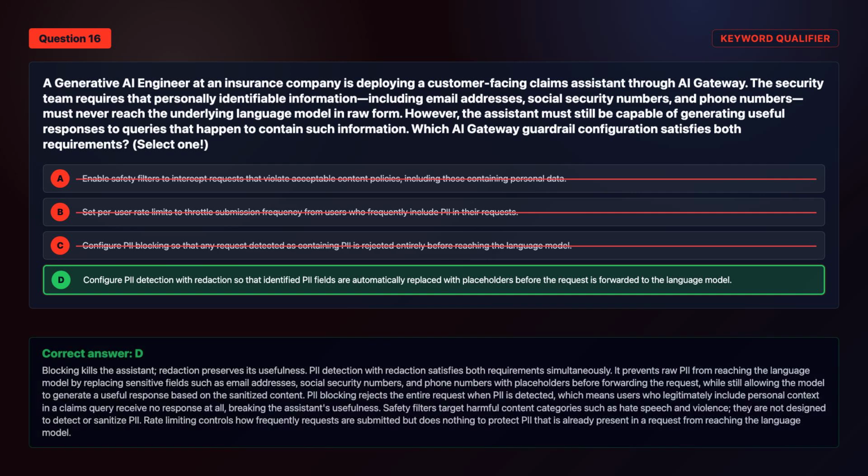The correct answer is option D. Blocking kills the assistant. Redaction preserves its usefulness. PII detection with redaction satisfies both requirements simultaneously. It prevents raw PII from reaching the language model by replacing sensitive fields such as email addresses, social security numbers, and phone numbers with placeholders before forwarding the request, while still allowing the model to generate a useful response based